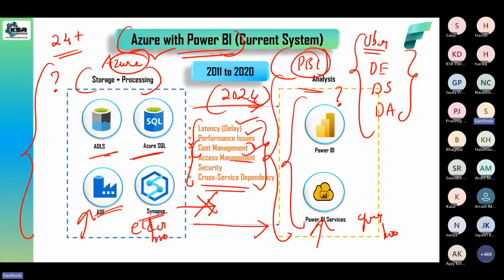But due to some issue, if the subscription went wrong or there is a data issue or server issue, if something happens, your Power BI will not get the data. So there is always a dependency. So to overcome the dependency, security, access management, cost management, performance issue, and latency, and I'm telling you, even now,